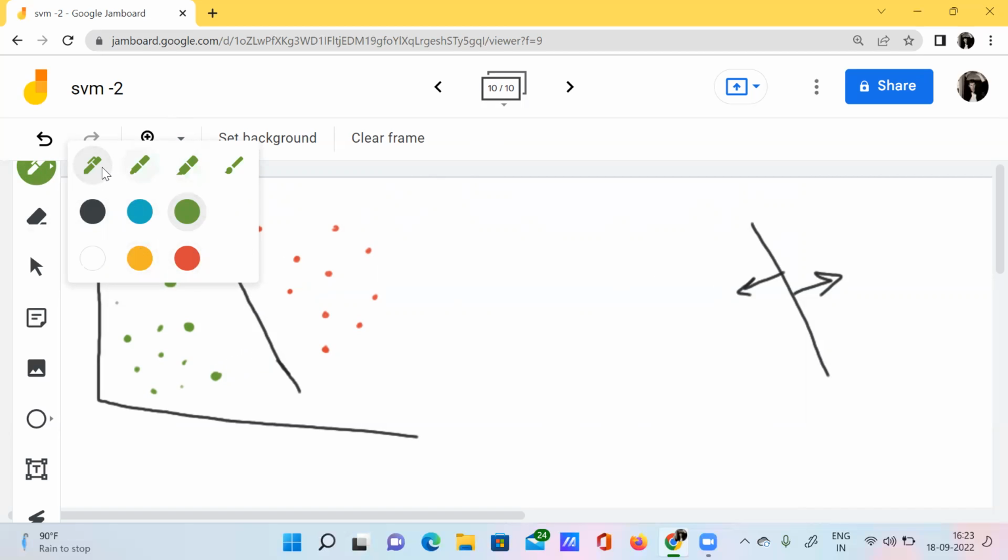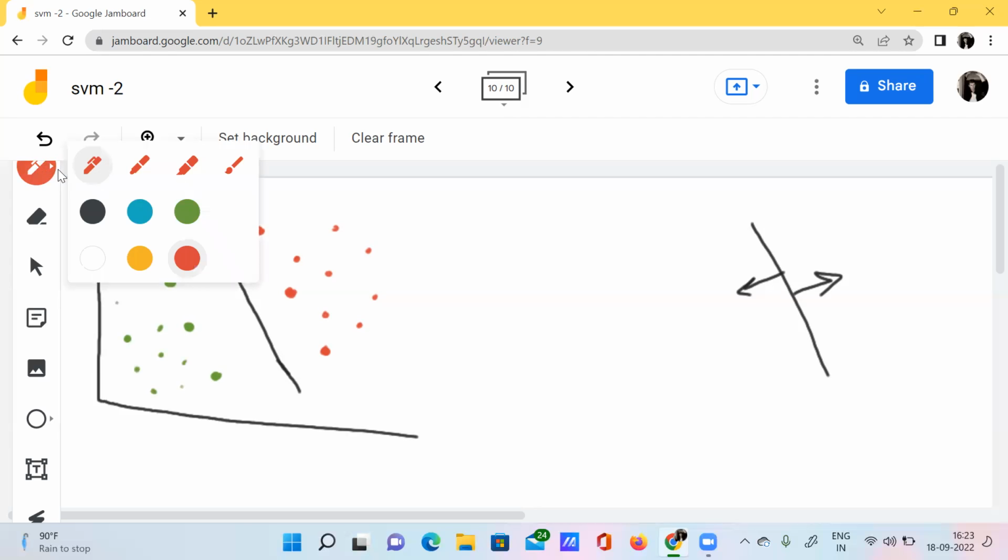When you look at here, this data point is in the category of these red data points, having the minimum distance, and this data point is also having the minimum distance.